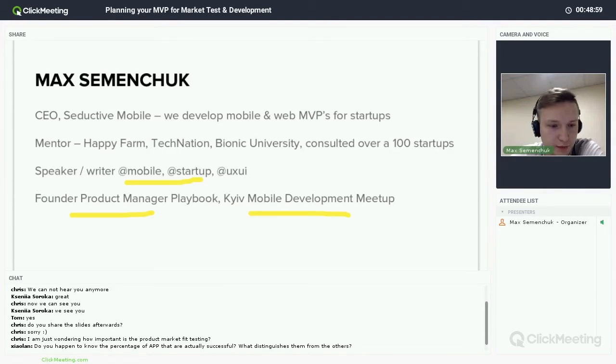So the next question, the percentage of apps that are actually successful. I've seen many statistics on that. One of the statistics that is closer to an answer shows around 2% or 5% of applications.